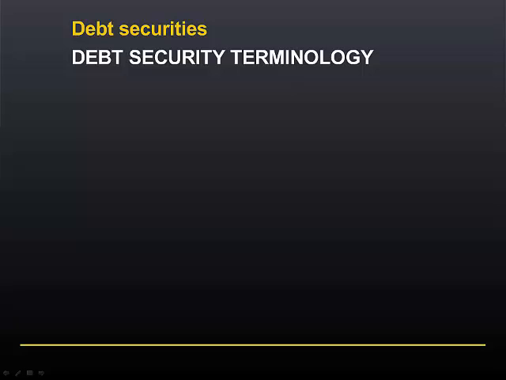In the previous module, we revisited the definition of valuation, the present value of all future cash flows, and we looked at the key differences between debt and equity securities. Before we talk about debt securities, we need to understand some of the terminology used to describe the features of debt securities. The general term for any debt security is a bond.